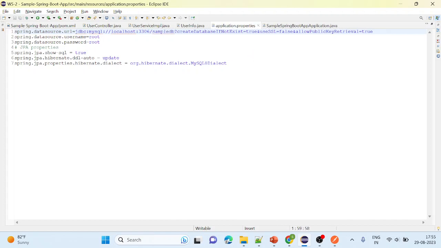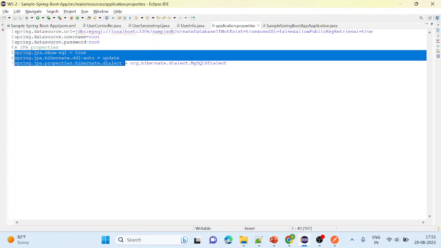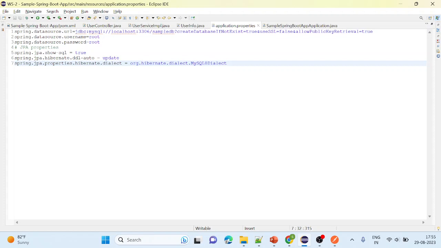Okay, sample DB, and these additional parameters are for creating the database if it is not present, or if you want to use SSL and so on. This is the username for my MySQL password, and these are additional JPA properties in which we are specifying whether you want to display all the generated SQL, because Spring Data JPA will automatically convert your queries